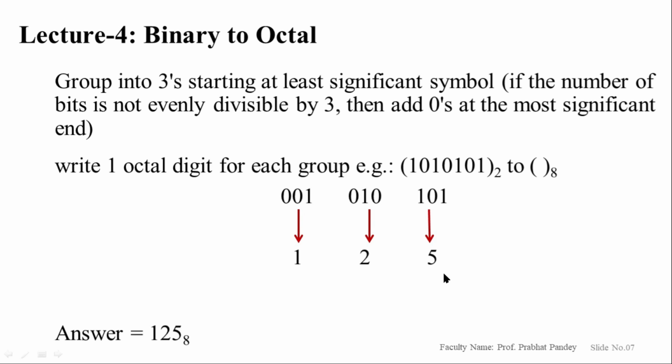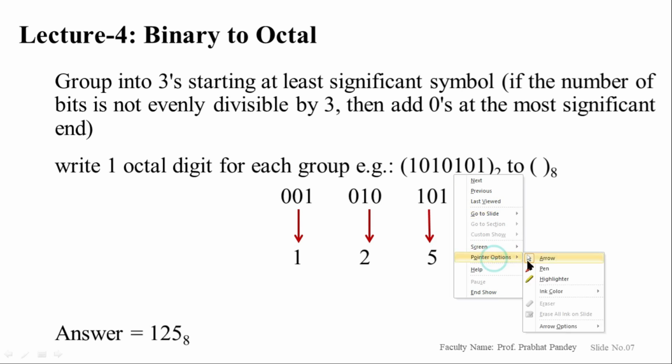Okay, so you can see here the first conversion, binary to octal. We have seen that the first number system is decimal, second is binary, third is octal, and fourth is hexadecimal. Octal comes in the third position, so we have to make groups of 3 bits always. These are the binary numbers which we need to convert